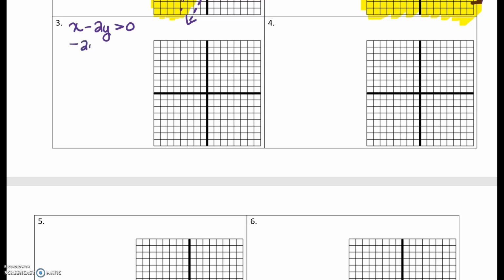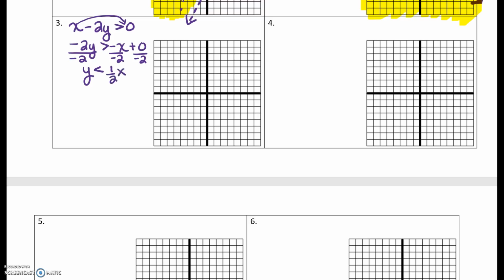So we have negative 2y greater than, I'm going to move the x over here, negative x plus 0. Now I am going to divide by negative 2. The rule is whenever I divide by a negative, I must switch the inequality around, and I have 1/2 x